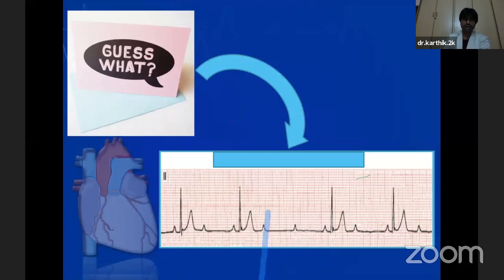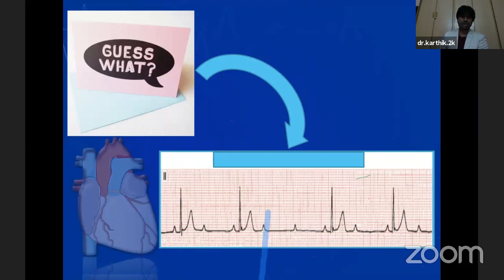So just a quick recap of what we have done today. We started with a brief introduction about the ECG and its implications in day-to-day clinical practice. We studied the electrical events of the heart and what events produce the mechanical events in the heart, the significance of the P wave and its correlation with atrial activity, and the QRS complex with ventricular activity. And then we started reading about how to calculate the rate, rhythm, and its implications, the 7-step approach method to diagnose an arrhythmia quickly when you are encountering an ECG in an emergency by just using the rate and rhythm